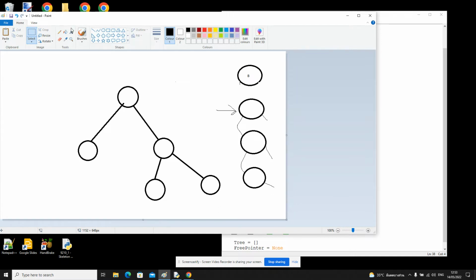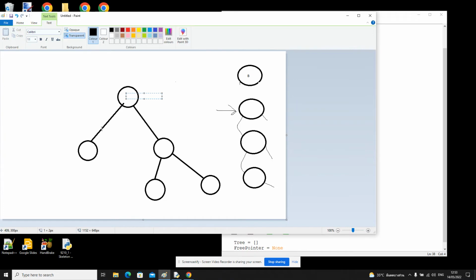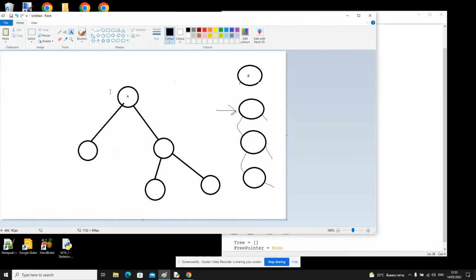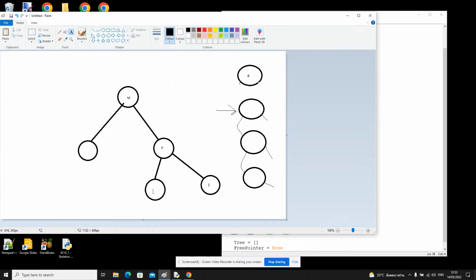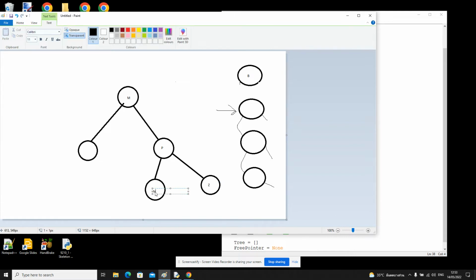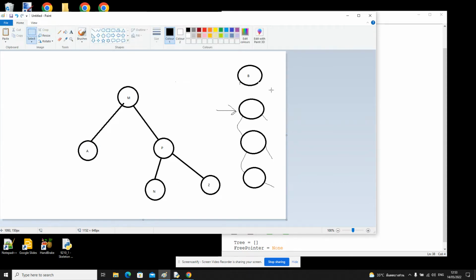So say there's already data on the tree. That wouldn't make sense. Sorry, let's not start with A. Let's start with M, and this might be P, and this might be Z, and this might be N, and this might be A. So what we need to do is we need to traverse the tree to find the